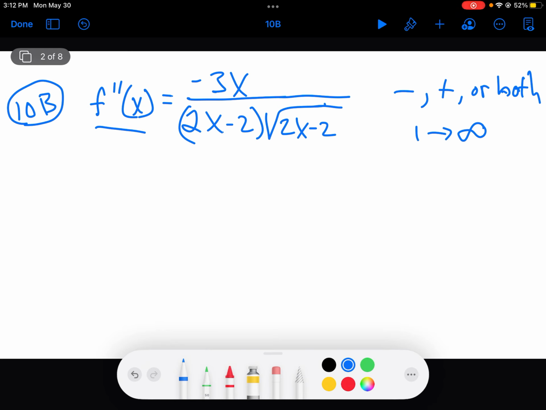That's understood. And if the second derivative is negative, that means it's concave down. Positive means concave up. And we want to find out if it ever changes from one to the other. So is it, and where does it change? So all of those questions are in play. But